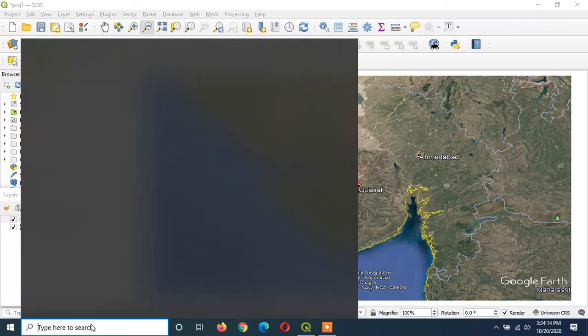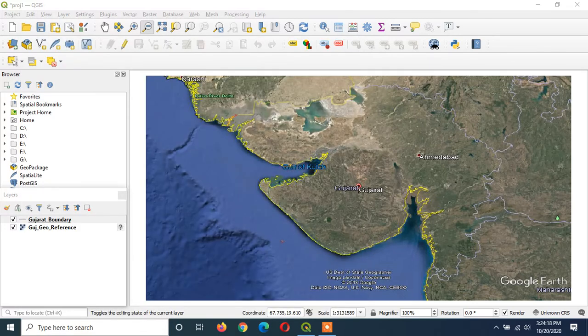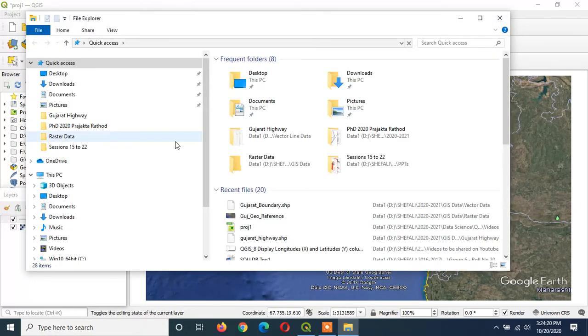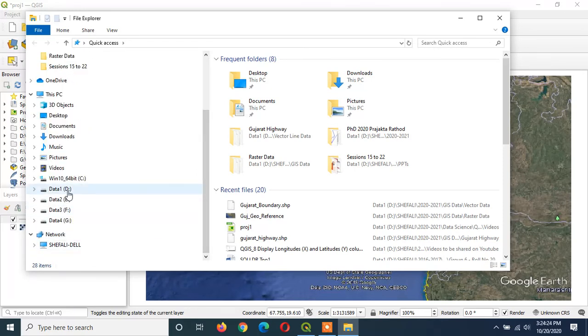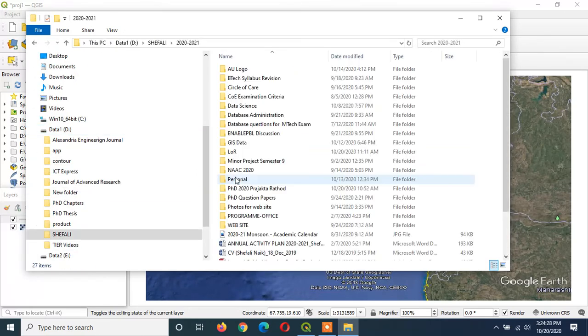Now let's check whether it has created those three supporting files or not. So I am clicking on the folder where I have created this file.